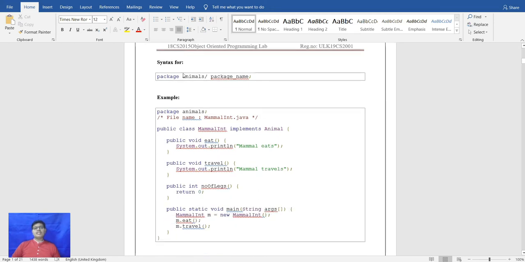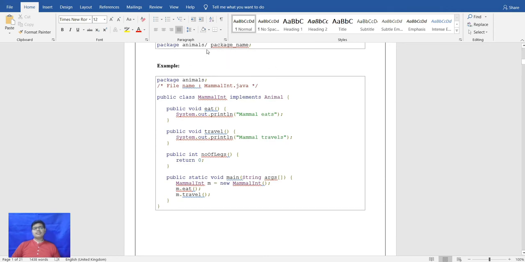This is the syntax of a package, that is package animals, where animals is the package name. In the example, I have taken a package of animals, and the file name is Mammal.java. This package implements Animal, meaning all the properties of animals are implemented by this Mammal class.